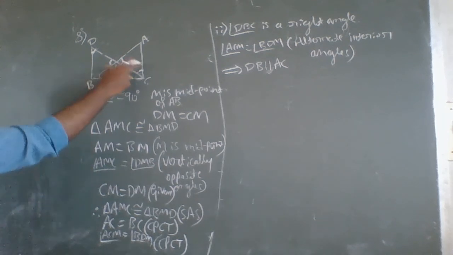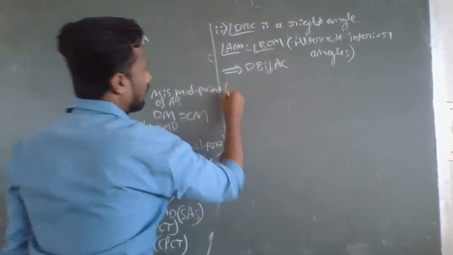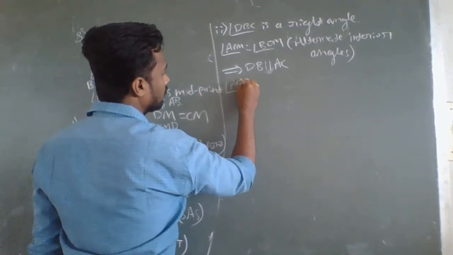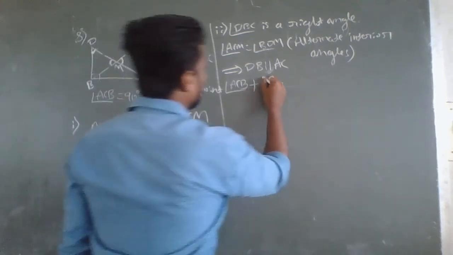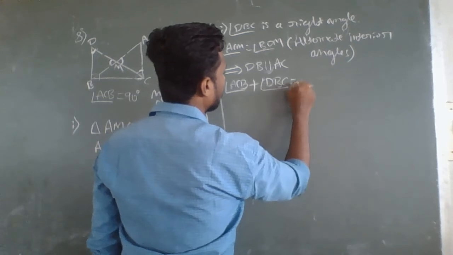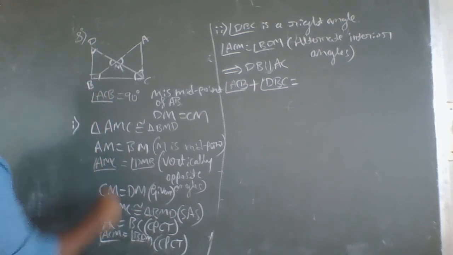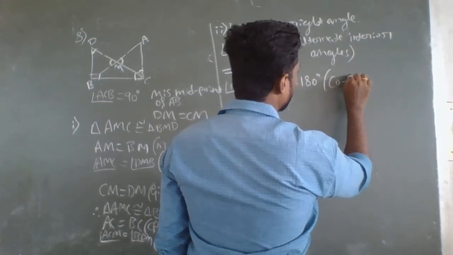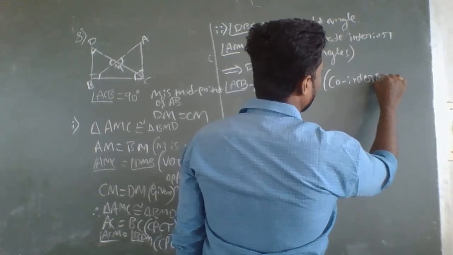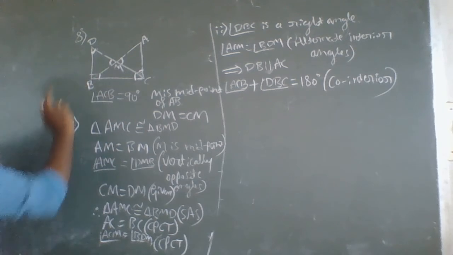Now, if these two sides are parallel to each other, then we can say that angle ACB plus angle DBC, angle ACB means this angle plus angle DBC, this angle. How much will you get? 180 degrees, because these two are co-interior angles, and we all know the sum of co-interior angles always equals 180